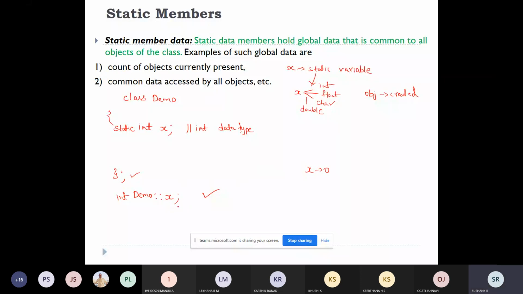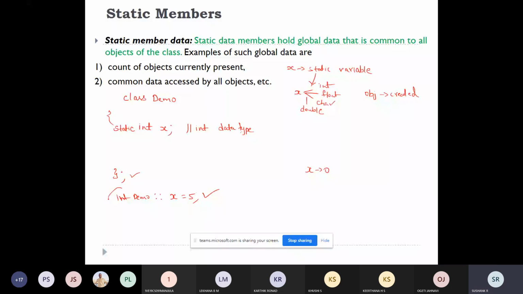If I write like this, the initial value of x will be 0. But if I want to give some initial value, I can give it as x is equal to 5. So like this also I can initialize the value, or I can just directly write it, and if I'm not giving any value, the default value will be 0. And also, the statement is compulsory.